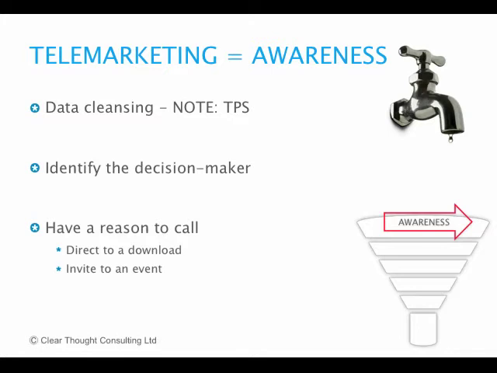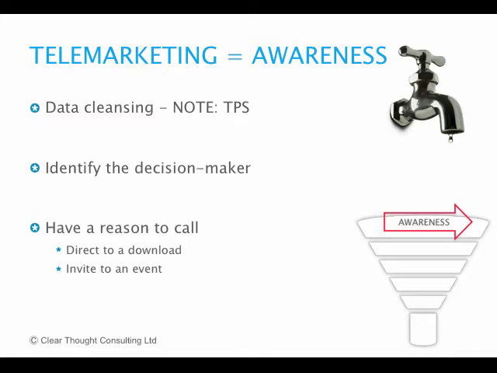But it's absolutely appropriate once or twice a year to go through your database and make sure that you have the up-to-date details. One of the key tasks of this exercise will be to identify the decision maker. That is the person who has the budget and the decision-making ability for the products and services that you have to sell. Now that you have that information, you can run a direct mail campaign or run a telemarketing campaign